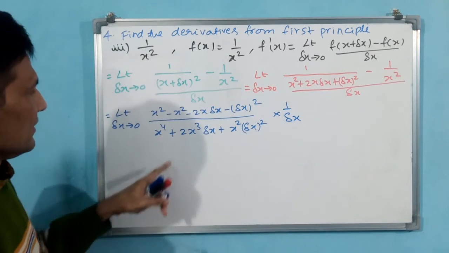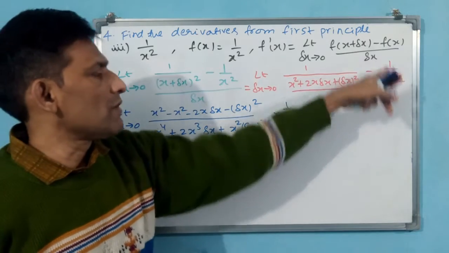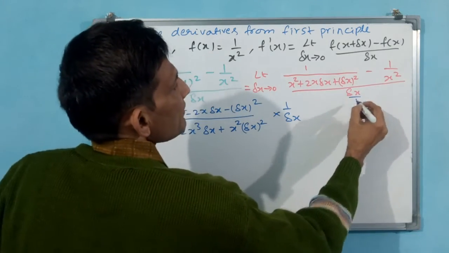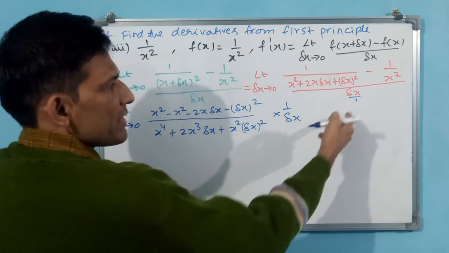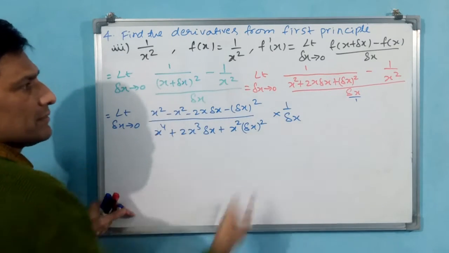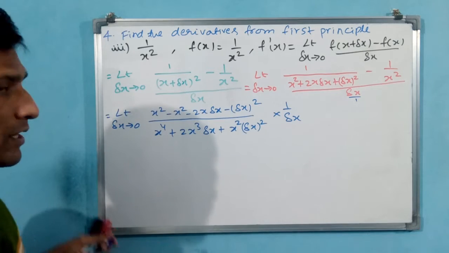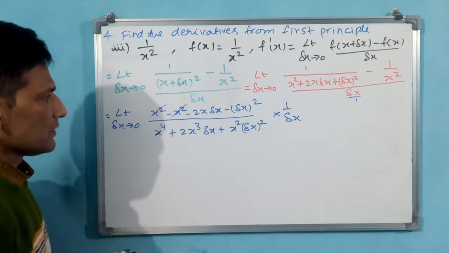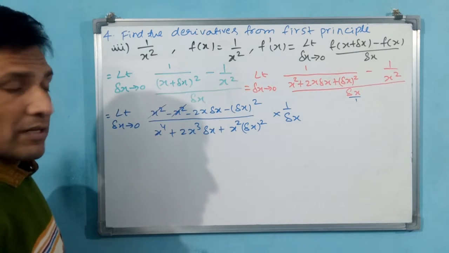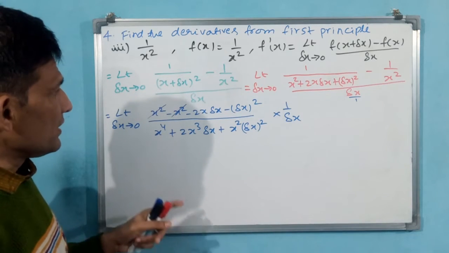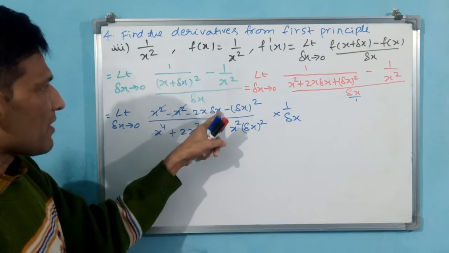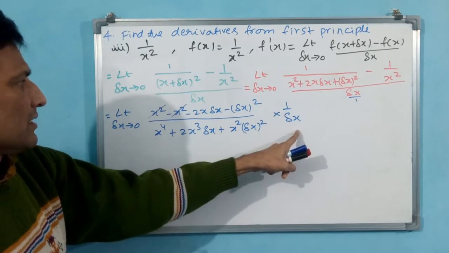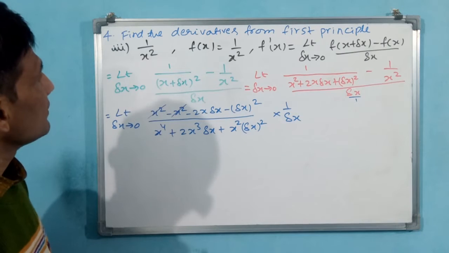Okay, now this delta x has become 1 by delta x. Here you think like divided by delta y by 1, a by b divided by c by d is a by b into d by c. Now you see here x square only is going to get cancelled, that's all. Now in the next step we will take delta x common and cancel it with this. Why? Because this is in multiplication. That thing you have to do.